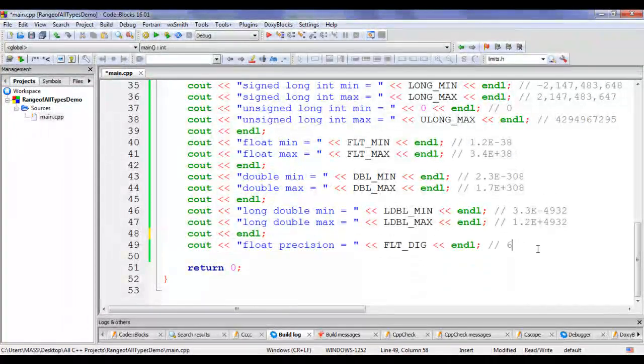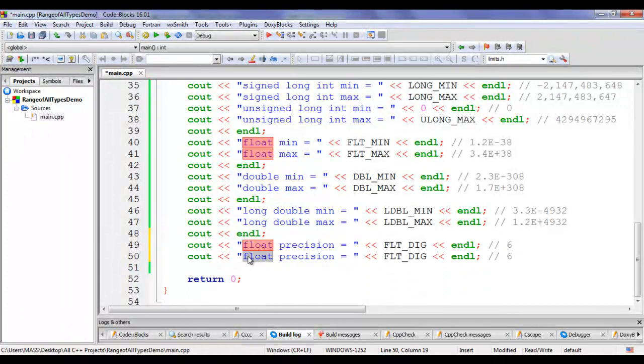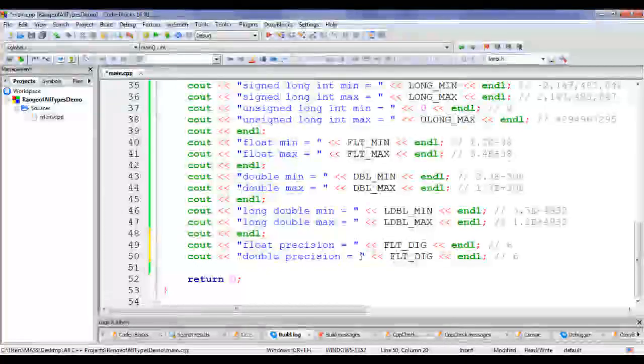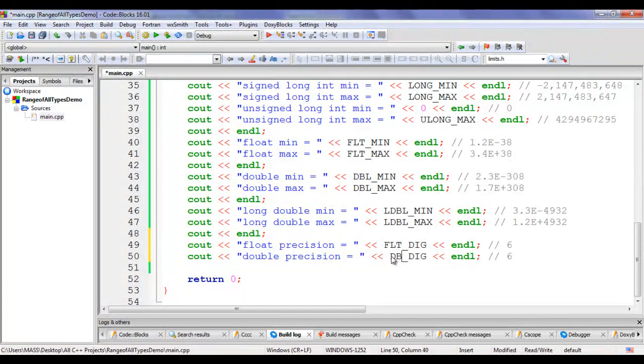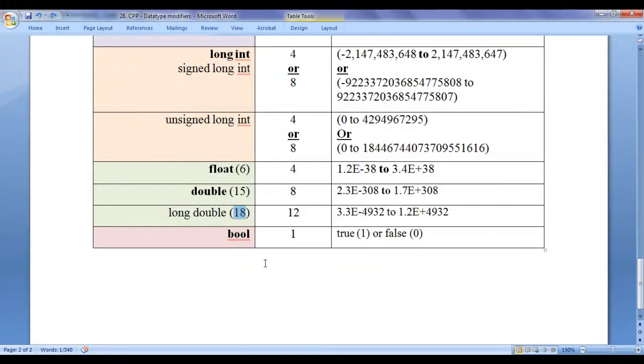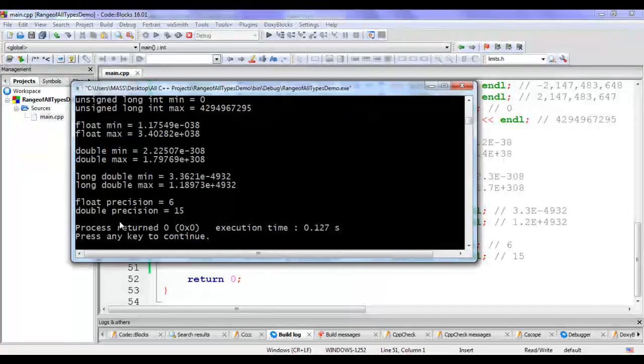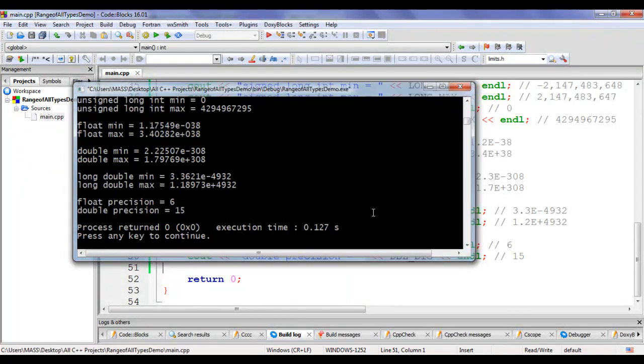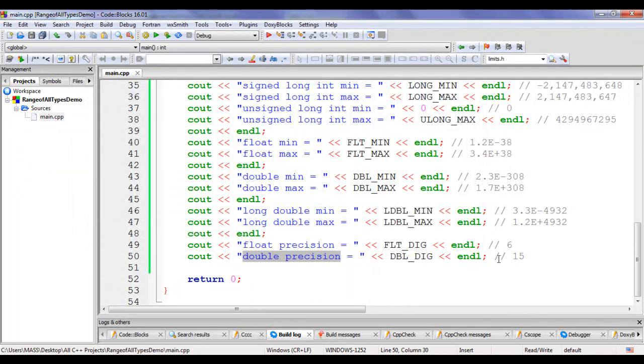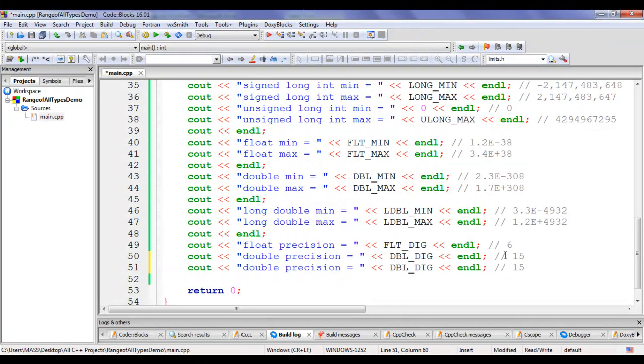I'm going to copy this line of code and paste down. We have double precision. We have DBL_DIG, which is going to return how much? 15, guys. It is going to return 15. If I say build and run, double precision in my computer system is 15. That means double type number can have 15 digits after the decimal point. I'm going to copy this line of code and paste down.